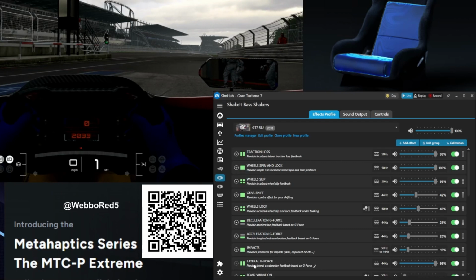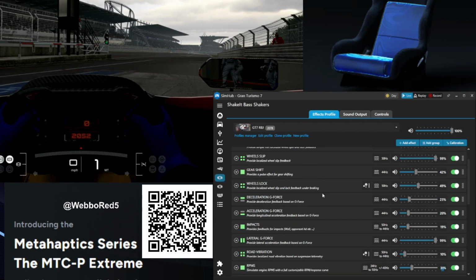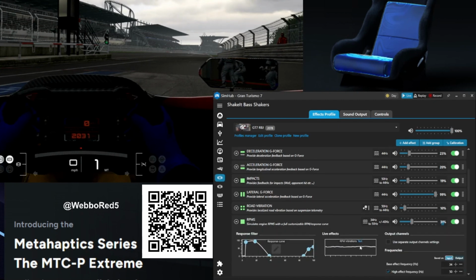Lateral G-force, I adore lateral G-force because you get a little push on your left or your right hand side, just when you're racing, when you're going through those extra high load corners. Road vibration, RPMs. I've got the RPMs on at the moment, and I'll open this out, and you'll probably see that because I'm sitting in a lobby at the moment, I've actually got the vibrations running right now. So if I hit the test, what happens is that communicates through my seat now, and it gives a test